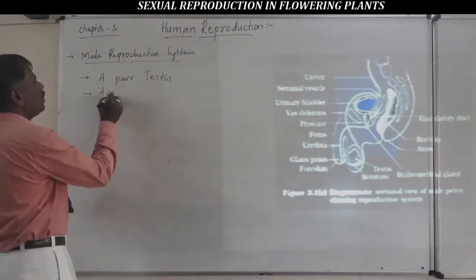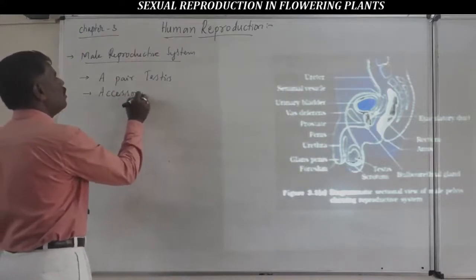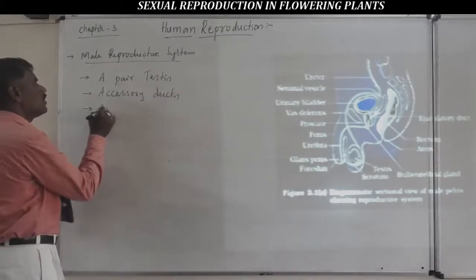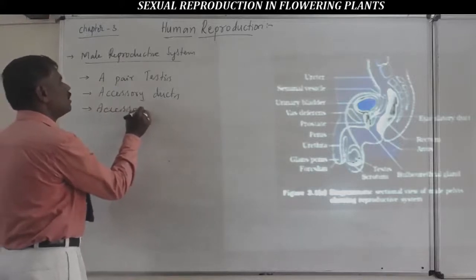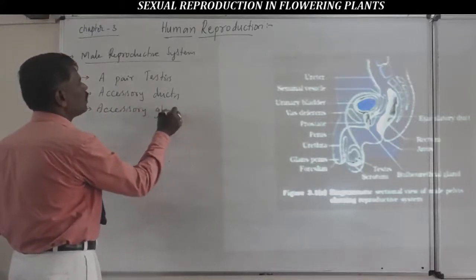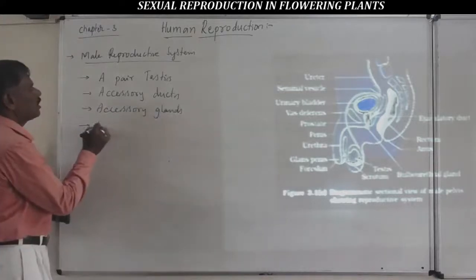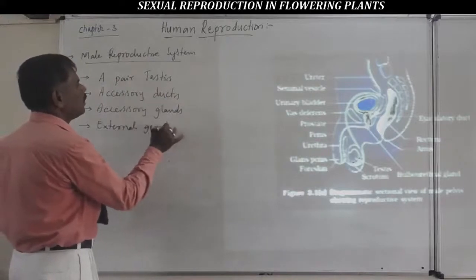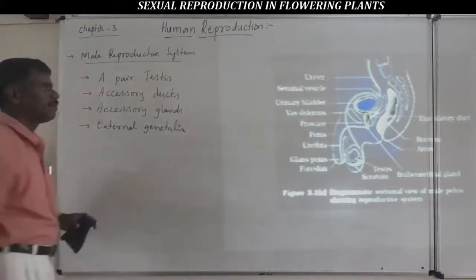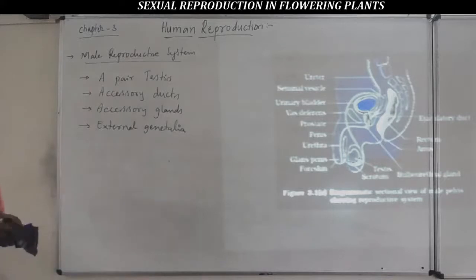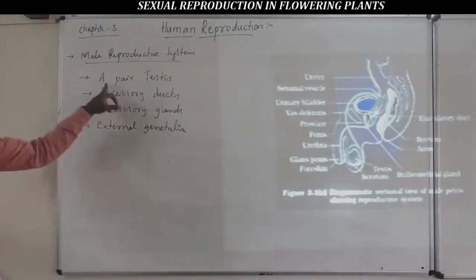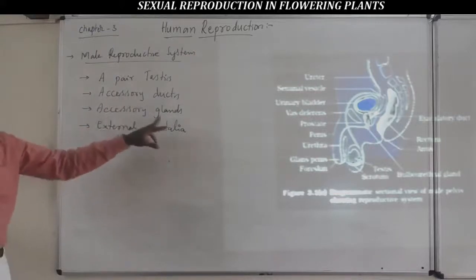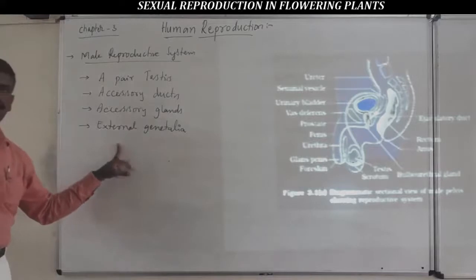Accessory ducts, accessory glands, and external genitalia. The male reproductive system consists of a pair of testes, accessory ducts, accessory glands, and external